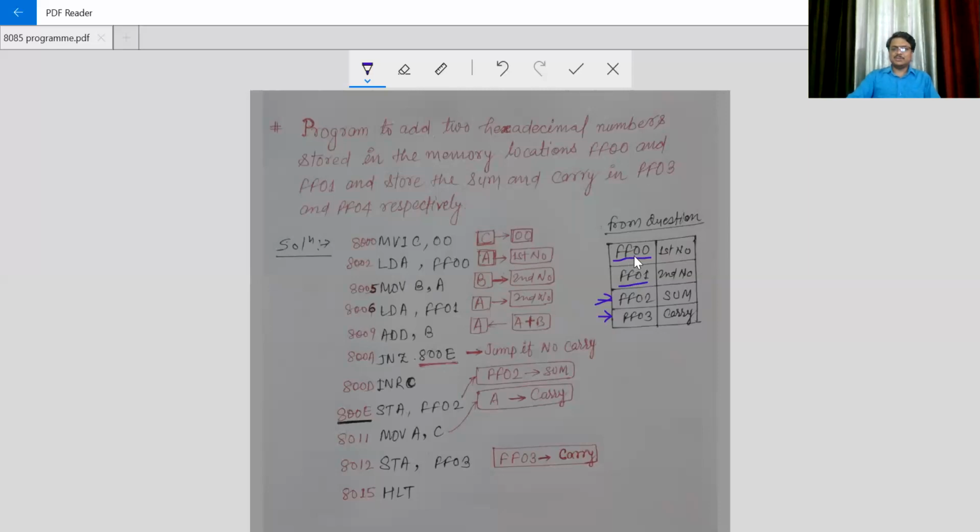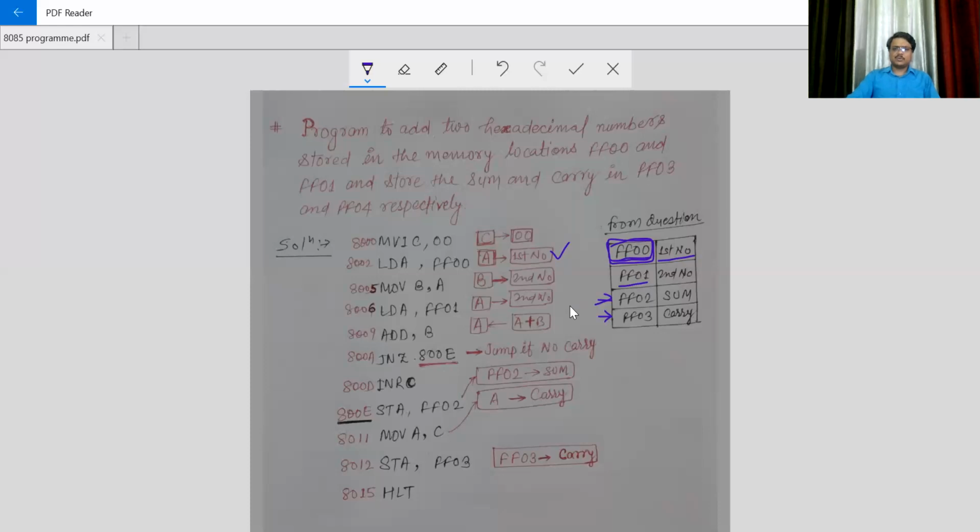LDA FF00, this address we have given. From this address the first number will be retrieved into the accumulator. So now the accumulator contains the first number. Our first step is covered.